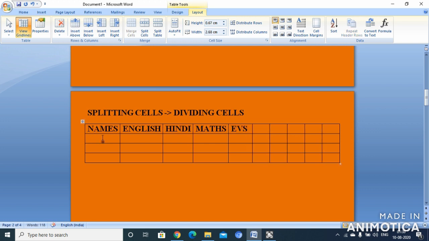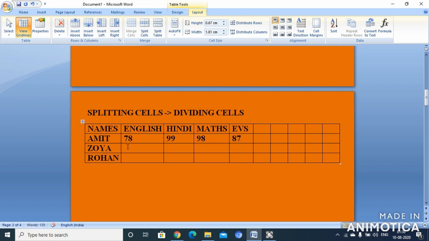Now children, let me write here Amit, then come down, write here Zoya. Come down, you can write here Rohan, any name you can write, whatever you want. English securing 78, tab key 99, tab key 98, tab key 87.